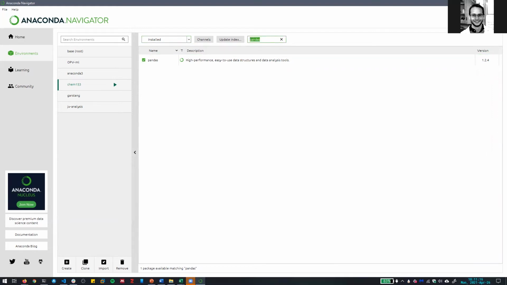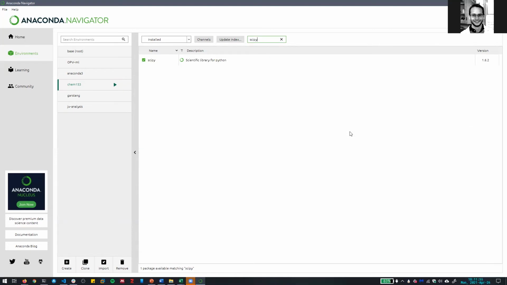You'll also need, pandas doesn't show up for you? Okay, so if that isn't working, click this update index button, and that might help. And if not, then we can go to the command line and get things working that way. The update index worked. Good. So yeah, pandas will need